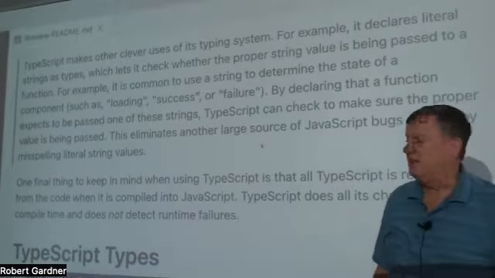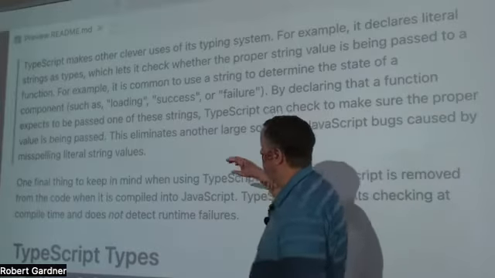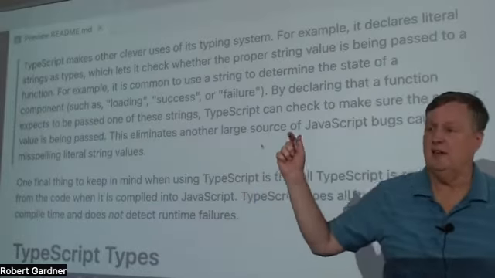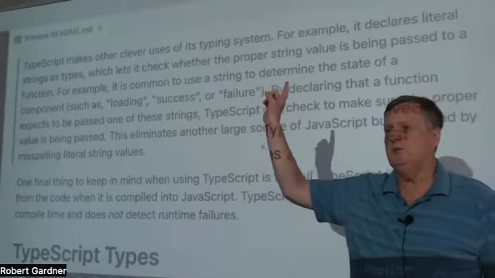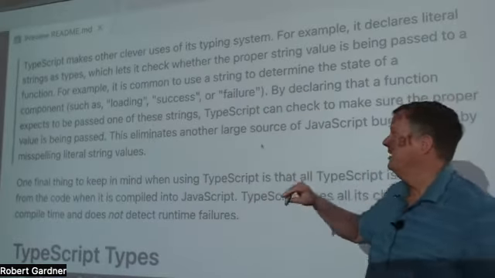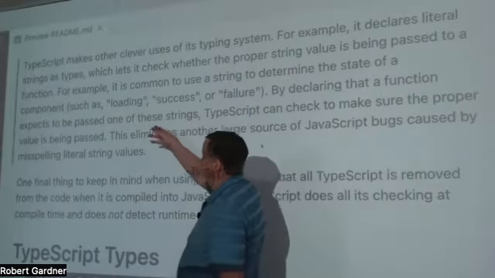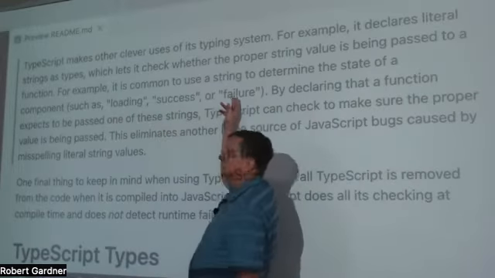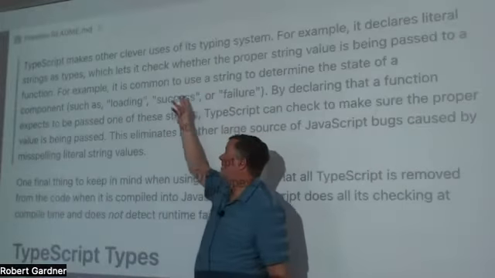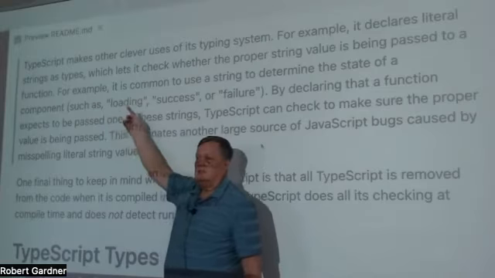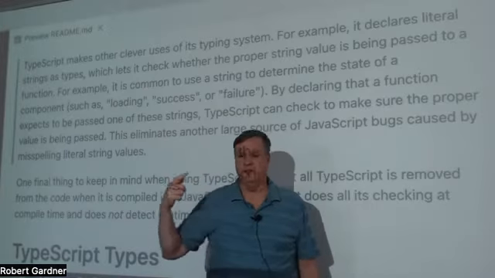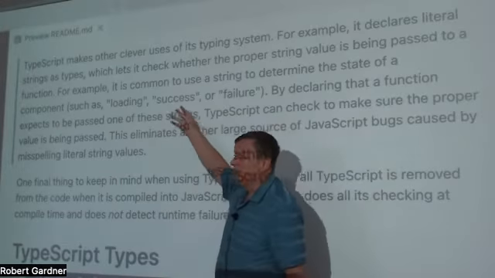They also do some fun things. I'll get into a little bit of this. Often we pass around or keep state as an integer, 1, 2, 3, 4, 5, but it's very common in JavaScript to not do it as an integer, but to use strings. For example, my state might be loading or success or failure if I'm keeping track of the state of my fetch request. So I'm currently in the loading state, then I'm in the success state, or I'm in the failure state. And so I'll use a string to indicate those.